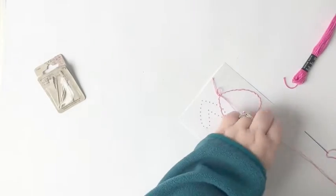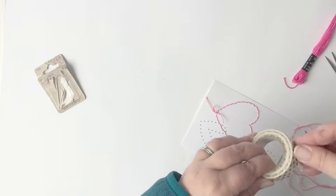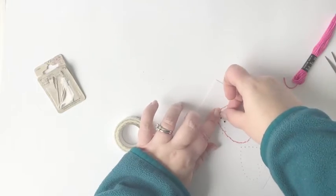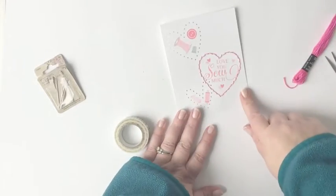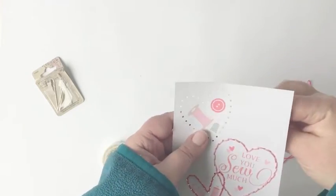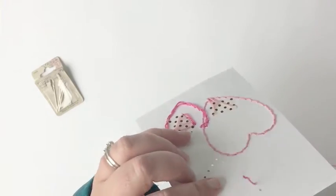So I have tied off that first heart, and then with all of the hearts, when I finish stitching, I'm going to secure the back with a little bit of washi tape, so that just makes sure that the stitches aren't going to go anywhere or unravel unnecessarily. So I'm going to repeat that for the bottom left heart, and now I've moved on to the top left